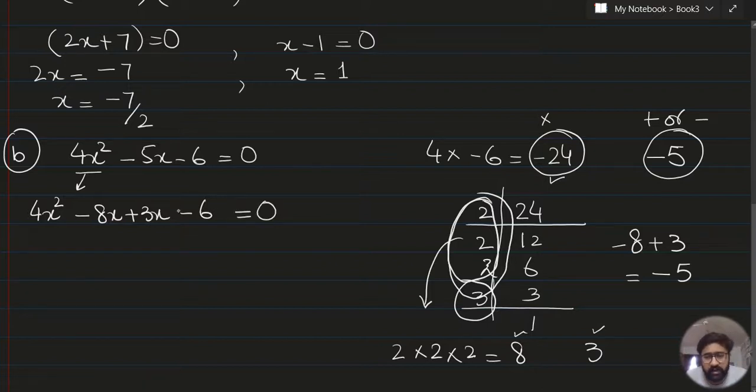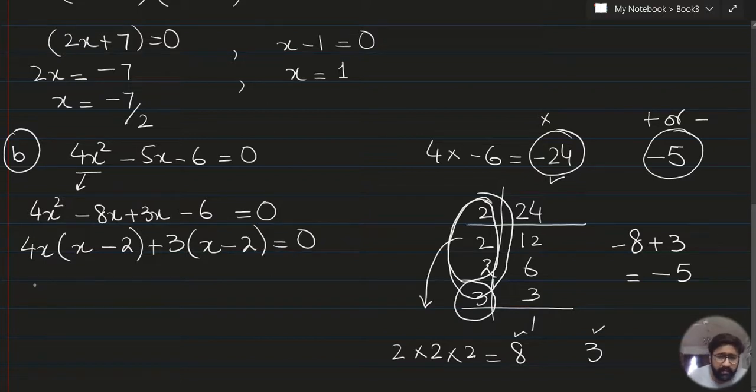Now we'll just take things common, from the first two and the last two terms. From the first two, what is the maximum common factor that you can take out? That is 4x. So inside you are going to write x minus 2. And remember that whatever is the sign with the third term, you are going to write it outside this bracket. And what is common between the third and the last term? That is 3. And inside you are going to write x minus 2. Since the two brackets are common, you are going to write it once: x minus 2 and 4x plus 3